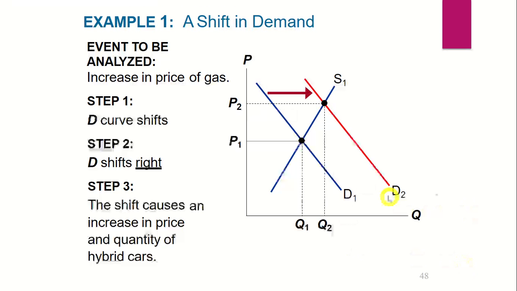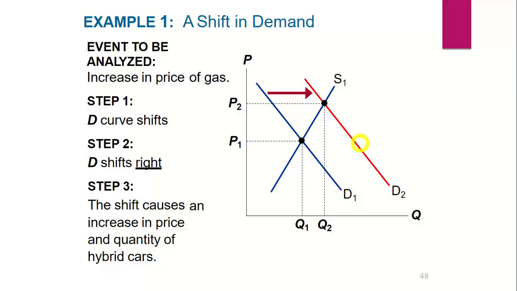And now you can see that as the price of gas increases, people want to buy hybrid cars. So demand for hybrid cars increases. That means that the demand curve shifts outward. That is, it shifts from D1 to D2. Now step 2 is, in which way the demand curve shifts. We are talking about the cost of something that is an input to the cars that use less of it versus